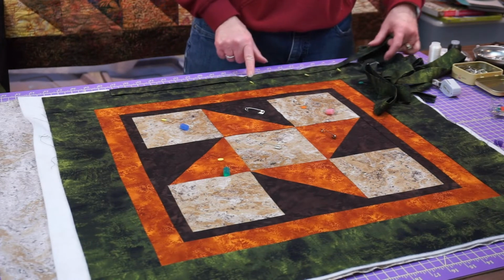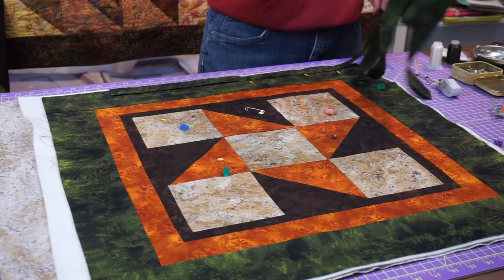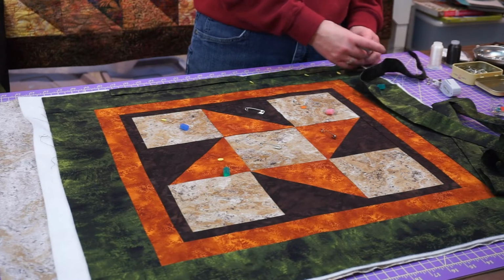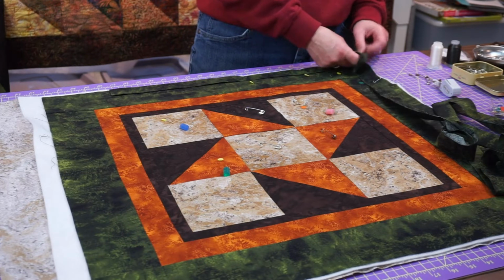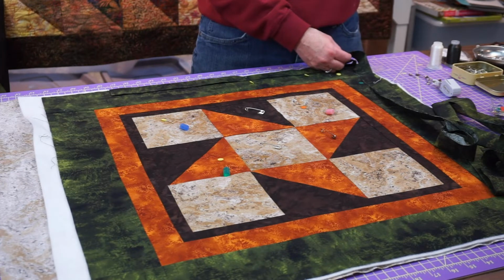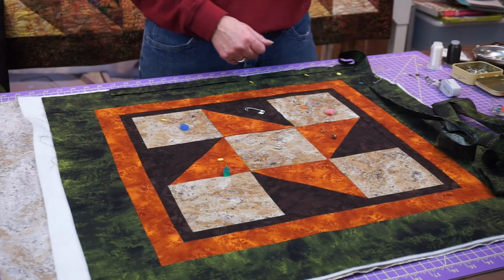Pin it on, and then you're gonna stitch it till you get 1/4 inch from the bottom, and then you stop. And then what you do is, trying to do this and show it to you when it's backwards for me. Oh, that's fun. Well, I'll show it in a screenshot when I'm right side up and I can show it to you the right way. So right now, I'm gonna go finish pinning this and getting it quilted,